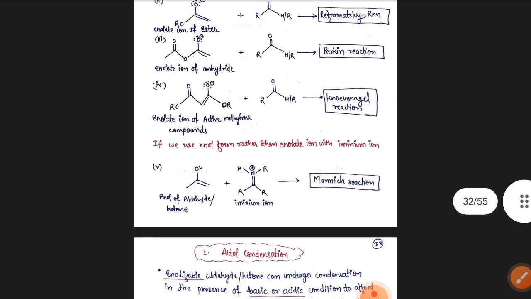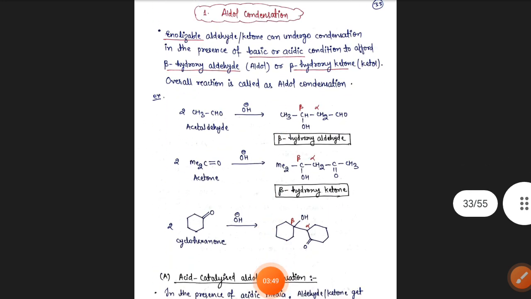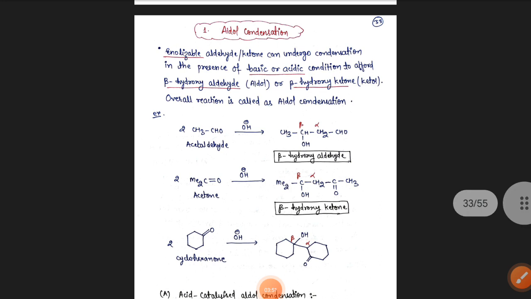So if we use an enol form rather than an enolate ion with an iminium ion, this is the Mannich reaction. The enol of an aldehyde or ketone plus an iminium ion, that is an imine, that has a double bond and an amine present here in the iminium ion. So today I will discuss